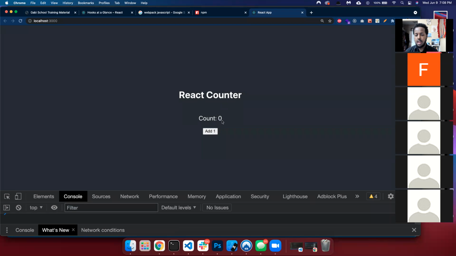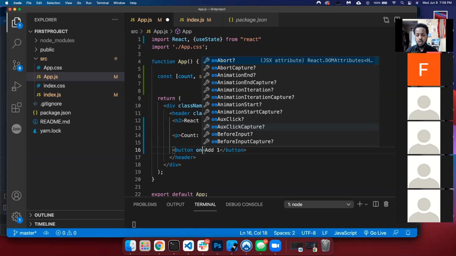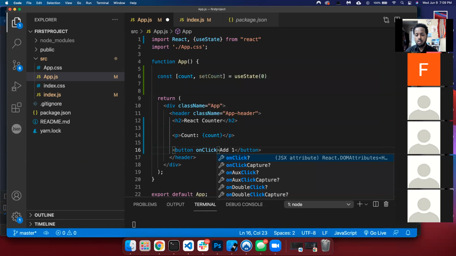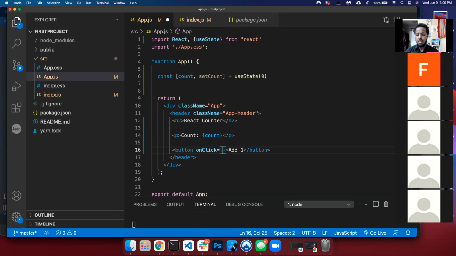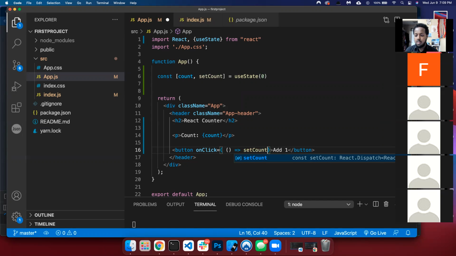You should add one now. There's nothing happening because this button has no functionality. To add functionality to this button, we're just going to add something called onClick, which is same as JavaScript. Just the syntax is a little bit different. The onClick needs to have a callback inside it. So we're going to create a callback function. This callback function is going to return the set state, set count. And then set count is going to take the current count,